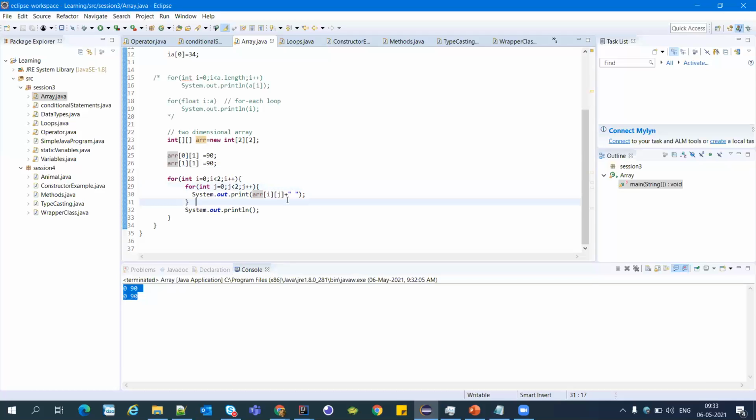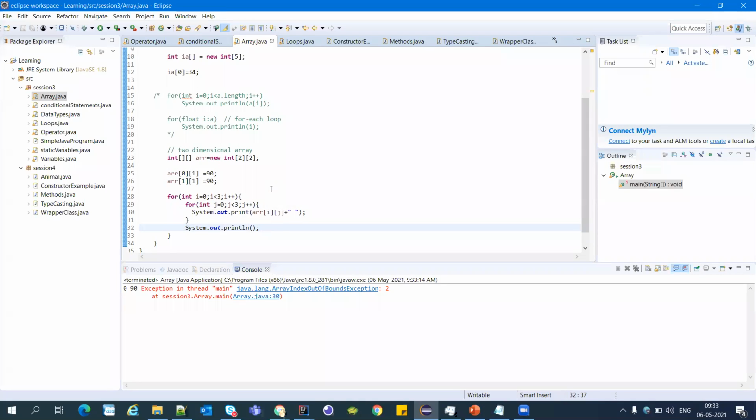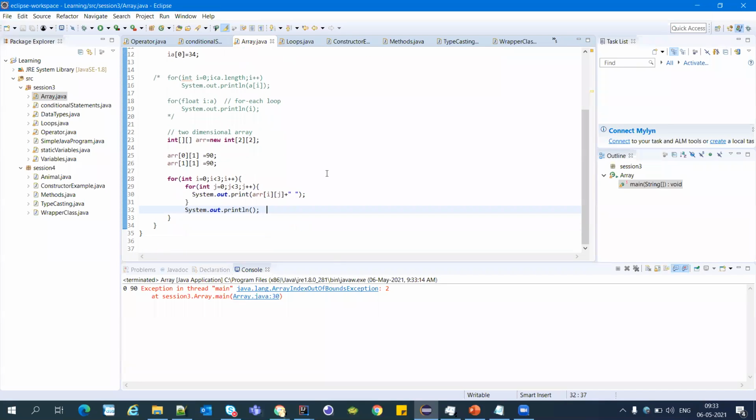So here we see one exception. I will revert the code and show you the exception. We are getting array index out of bound. When we work with an array, we might get this exception when we are trying to reach beyond the maximum.